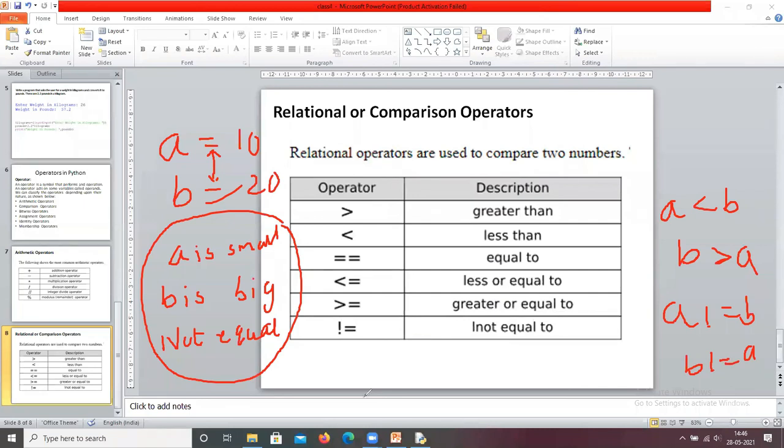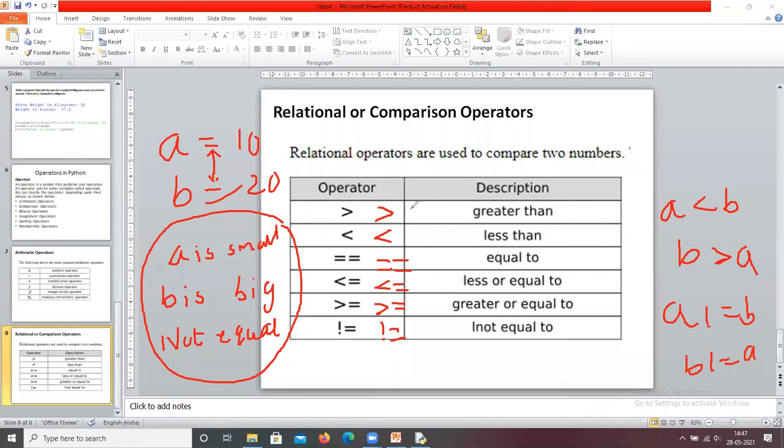Now these are the different operators we are going to use. First one, greater than, less than, equals to, less than or equals to, greater than or equals to, not equals to. What is the purpose of greater than?